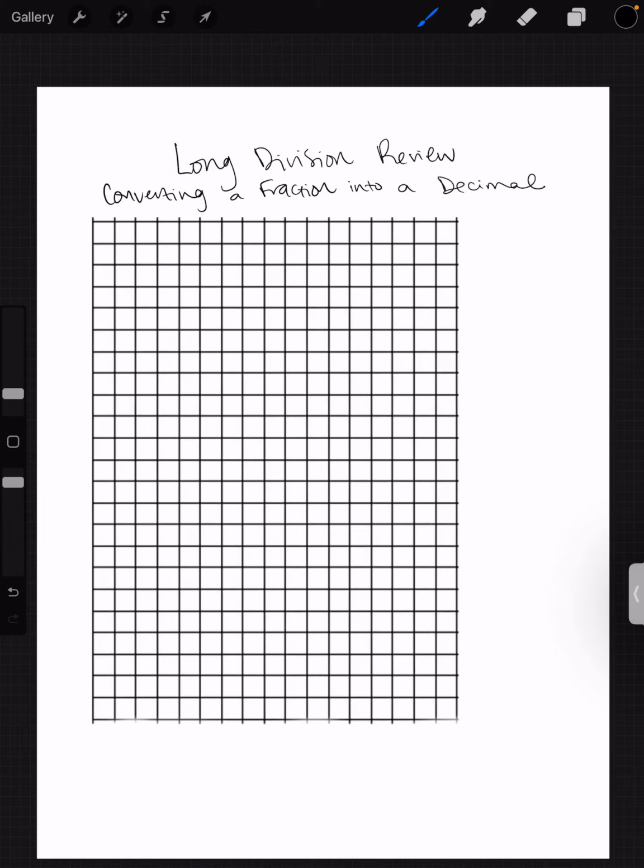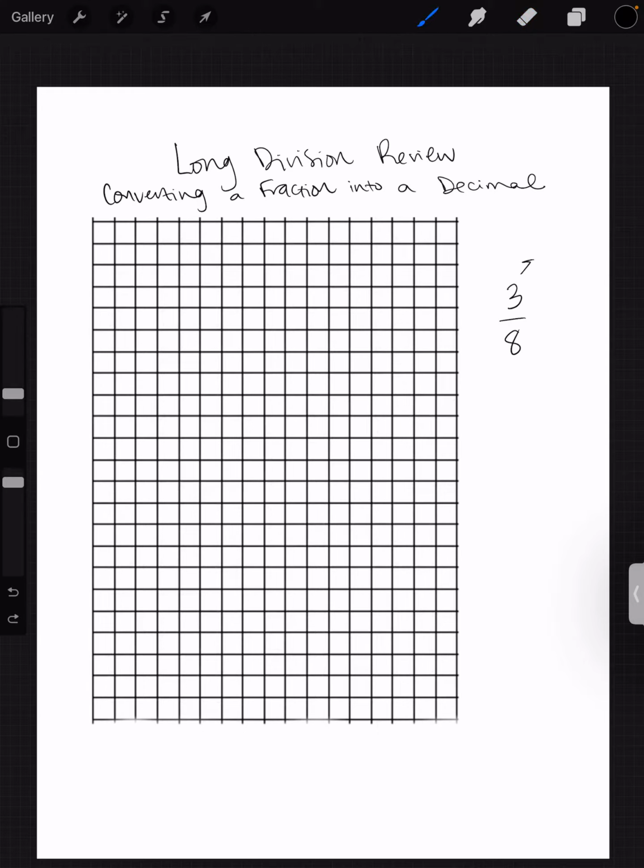All right, today we are going to be reviewing division of fractions, specifically when you cannot create an equivalent fraction that is easily converted into a decimal. So a fraction that is out of 10 or 100 or 1,000. The example that we're going to be using today is 3/8 or 3 divided by 8, where we know 3